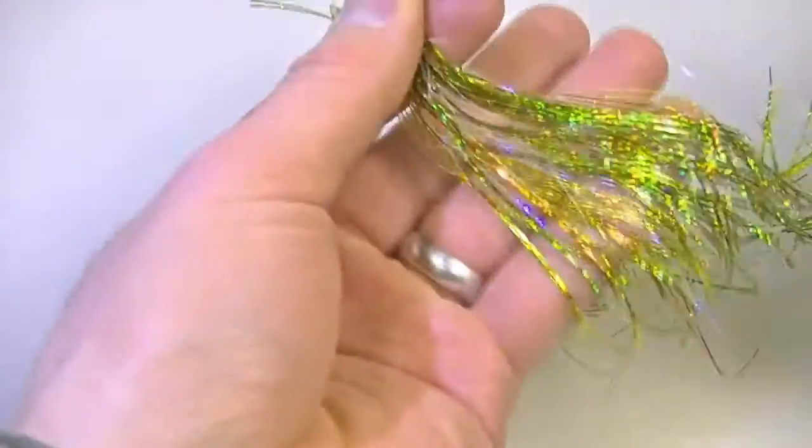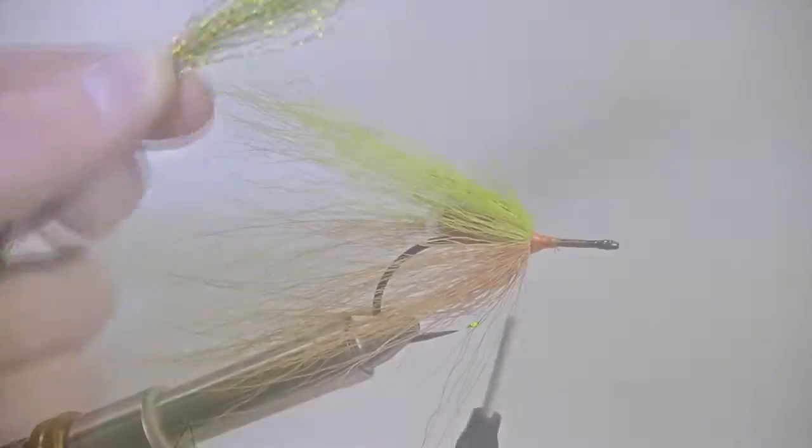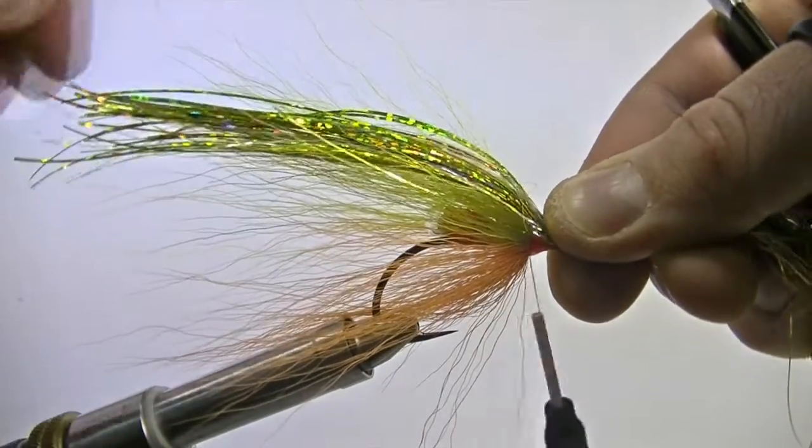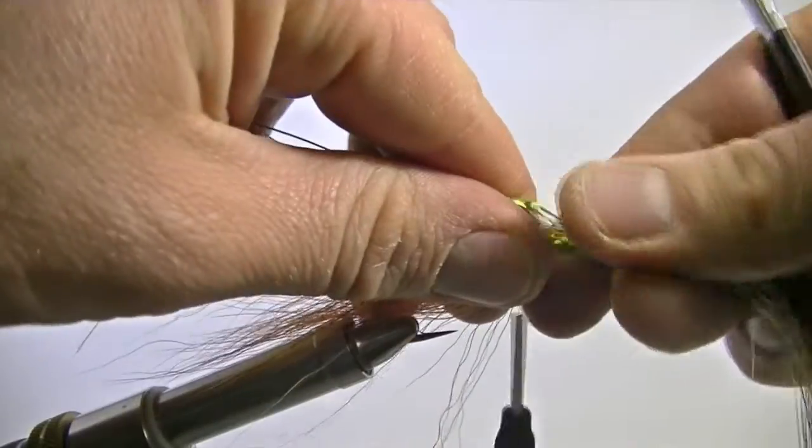Once that side is done, flip the cocktail over and do the same technique on the opposite end. And once it's complete, you have a nice mixed tapered cocktail to add to your fly. Do your best to find the center of the cocktail and secure it down right at the head of the